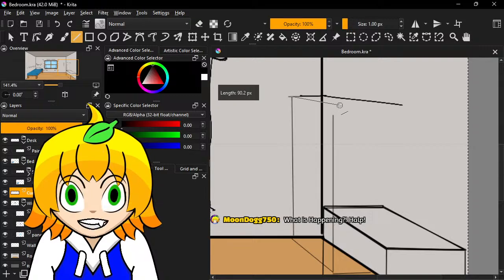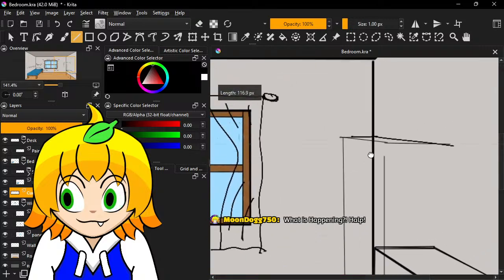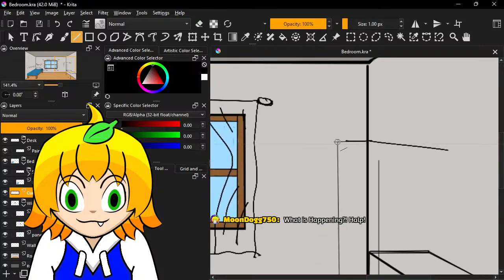Perspective would dictate it would be more like this. Actually, no, probably more like that. Eh, let's make it shorter.